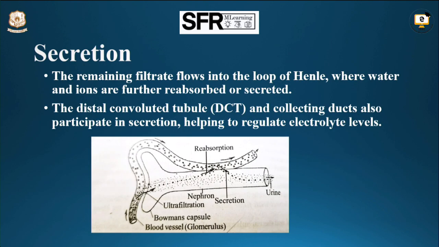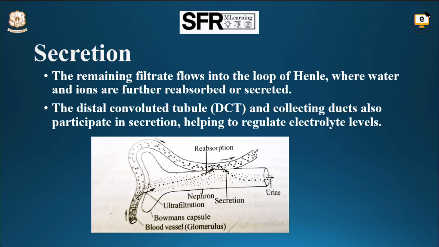So the next one is secretion. Along with filtration and reabsorption, secretion also happens in the nephron. The filtrate flows into the loop of Henle, where the ions are further reabsorbed or secreted. If most of the ions are reabsorbed, then if the body requires some of the ions, they are again secreted in the loop of Henle. And the distal convoluted tubules and collecting ducts also secrete negligible amounts of urea